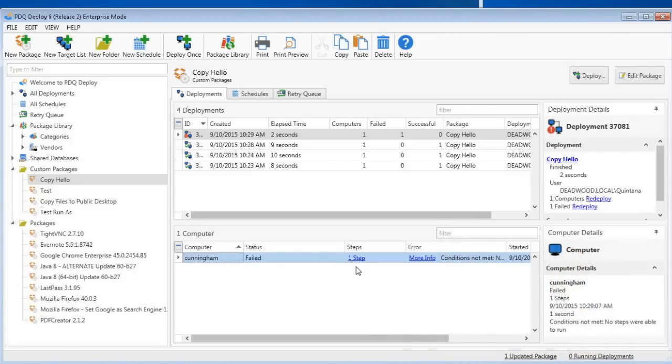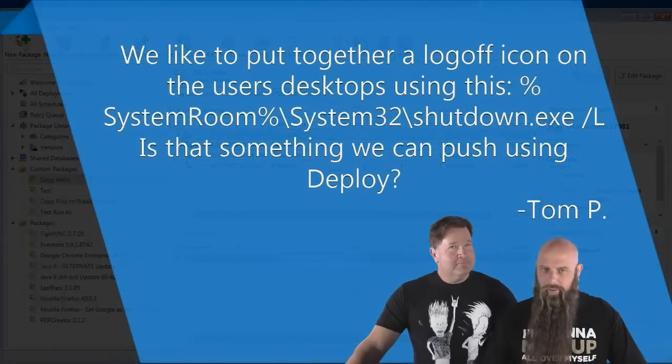We do have another one. So remember the variables. Remember, variables are context sensitive. Home path is a user level variable. So when you expand that,